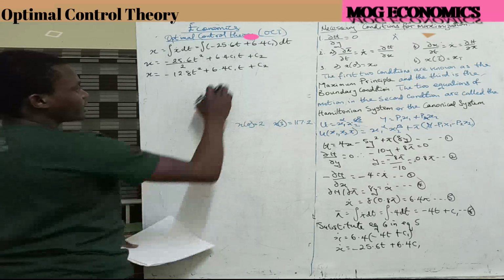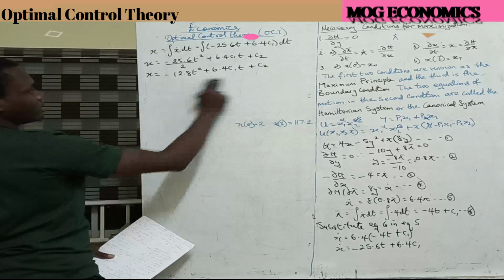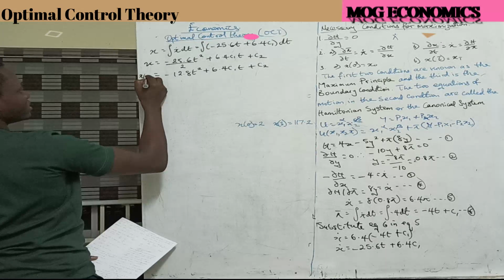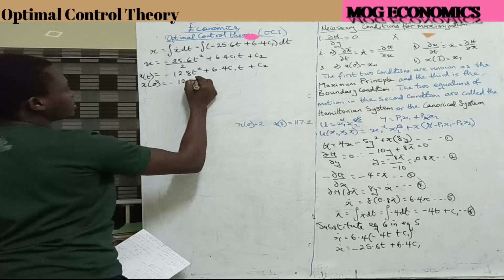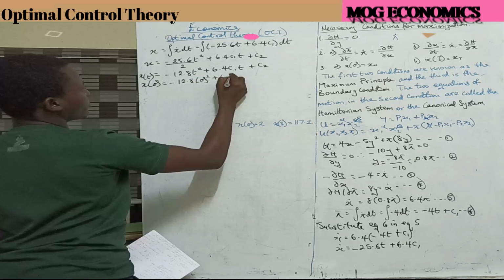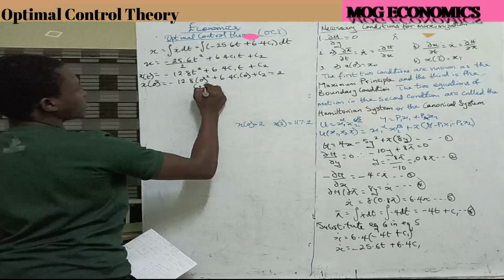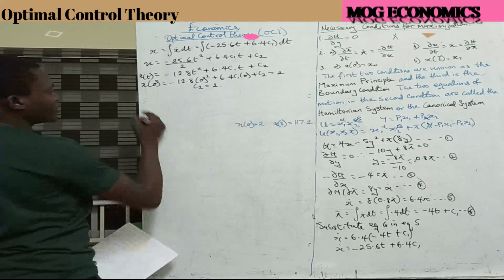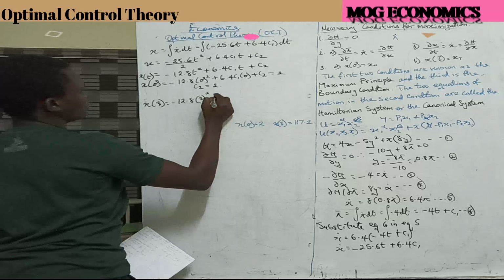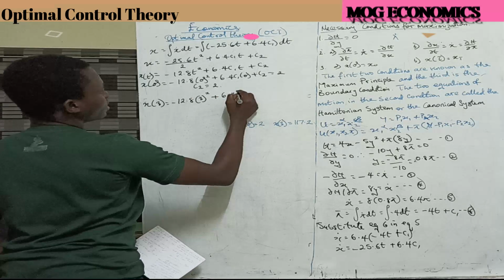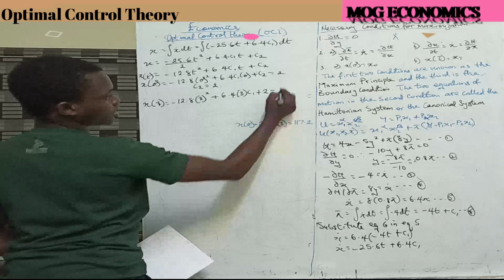But how do we get C1 and C2? Recall, that's why I didn't clean this. Recall that we're given x naught as 2 and x3 as 117.2. What we actually have here is x(t). So x(0) will be equal to minus 12.8 times 0 squared plus 6.4 C1 times 0 plus C2 equals 2. All of this becomes 0, so C2 is equal to 2. Now, when time is 3, x(3) equals minus 12.8 times 3 squared plus 6.4 times 3 C1 plus C2, which is 2,